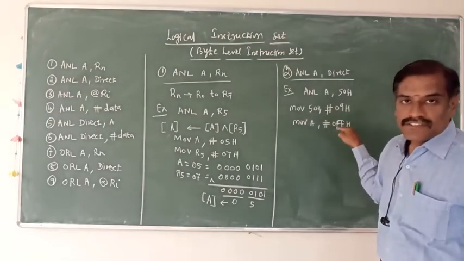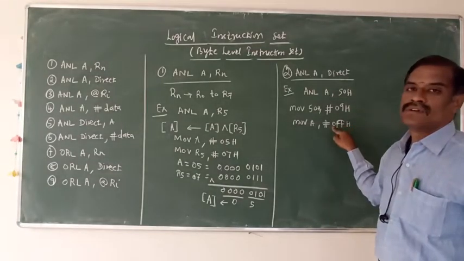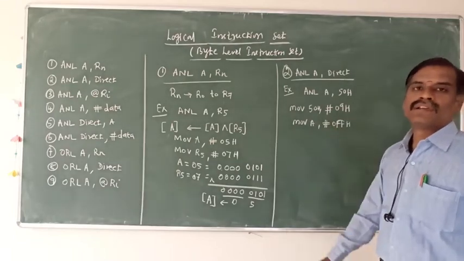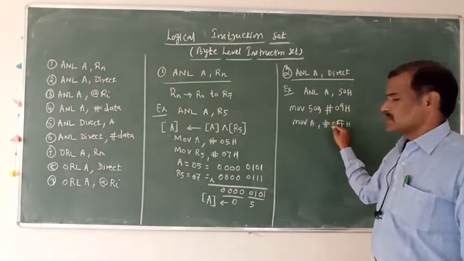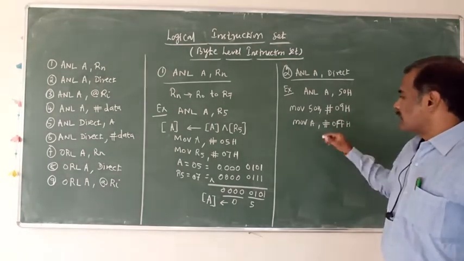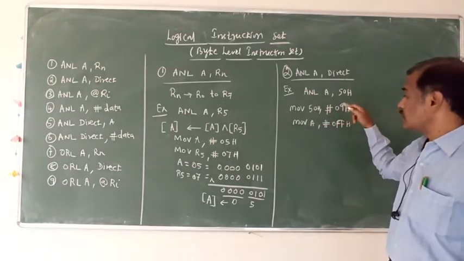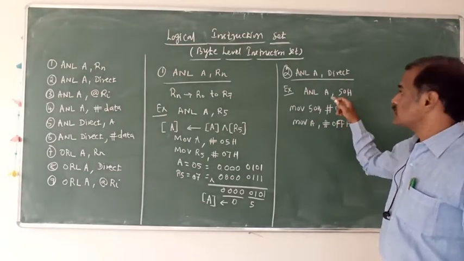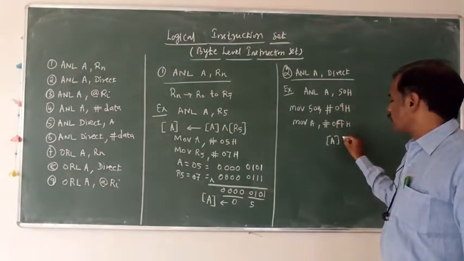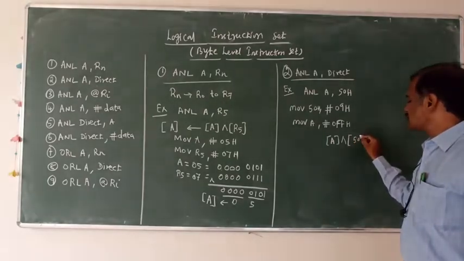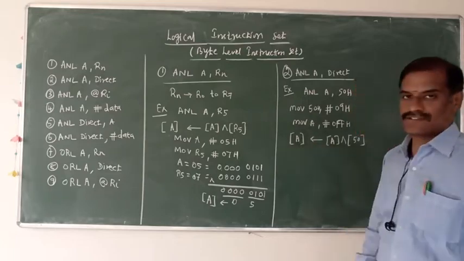Here, what purpose are we using 0 for? It is the MSB of 8-bit data. If hexadecimal, we have to put 0 before the hexadecimal value when the MSB is a letter. If the MSB value is a decimal digit, there is no need to put an extra 0. Okay. Accumulator data FF and memory address location data 09. Now logically AND these two data. Further we can use this type of instruction, ANL. Accumulator data logically ANDed with memory address location data, and the result always moves to the accumulator itself.